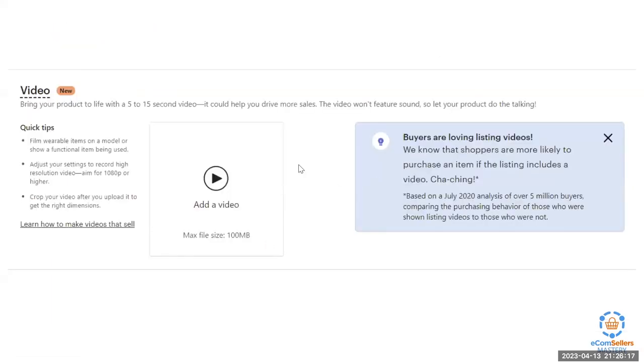Then the next thing is if you wanted to create that animated video, the great thing about Canva is that you can actually use Canva to create that animated video that we were looking at for some of these listings. That's the main image. And so make sure that you do that if it makes sense for the product that you're selling. Once you get comfortable using Canva, I want to encourage you to do that so that way you have the opportunity to get more eyeballs and gain more traffic on your listing